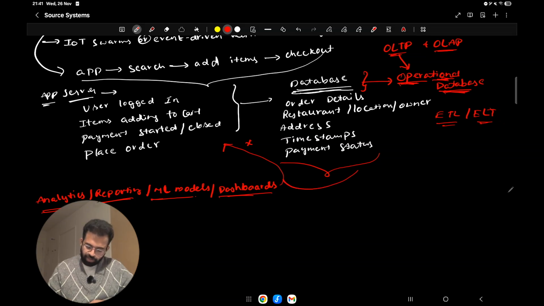You will have to get the data from the operational database. You need to keep that in mind, because this is our source of truth.